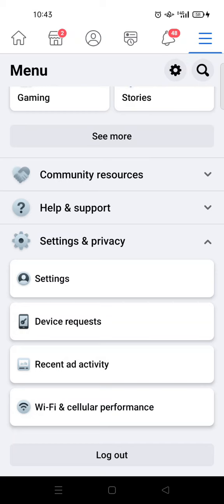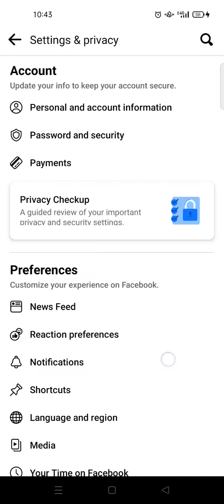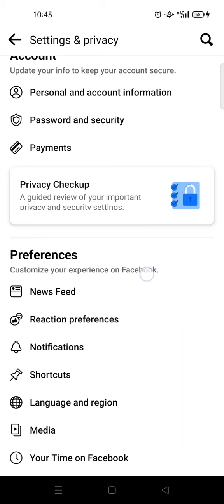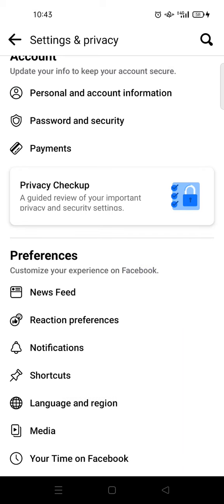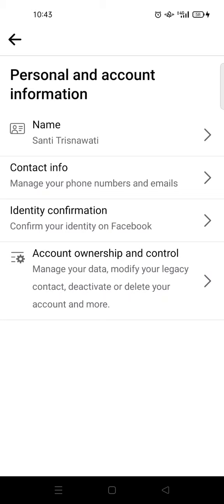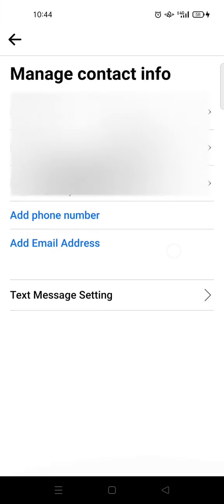Just click on that, and here click on settings, and then here in the personal and account information, click on that, and here click on contact info, and here if you want to add an email, you can just click on